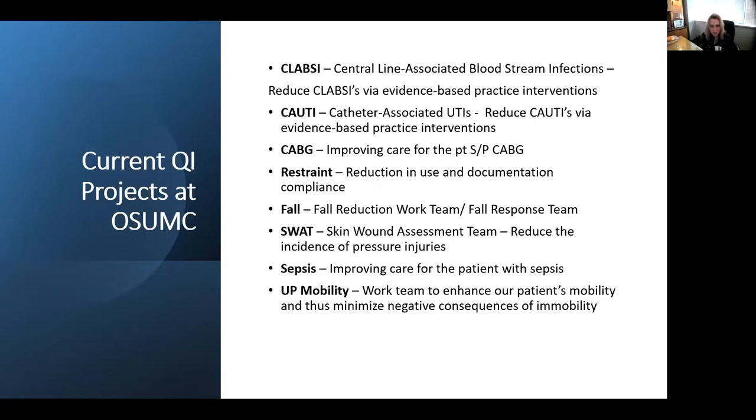And we have SWAT. SWAT is for skin wound assessment team. So the SWAT team, in concert with our wound team and our surgical teams, really assist in reducing the incidence of these pressure injuries for those patients that have long-term stays and are bedbound. And sepsis, of course, we all see patients with sepsis, and